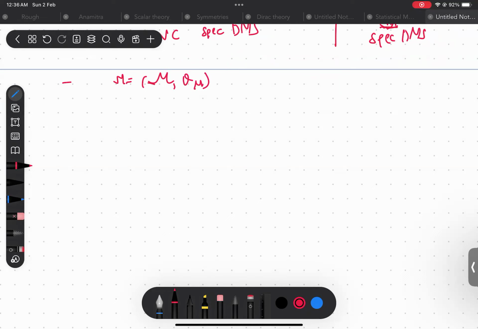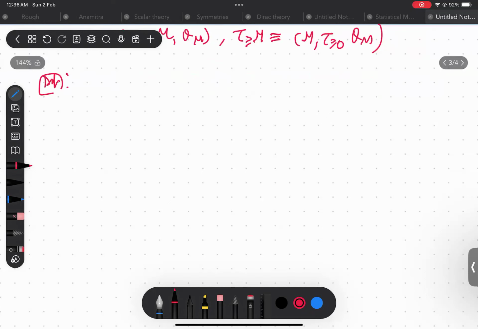So I'll denote this by just this usual M, and so this by this. Right. And okay, so let's start with the formalism. So this will mostly be a lot of definitions, and we'll basically develop the formalism. So a non-connective spectral Deligne-Mumford stack M is